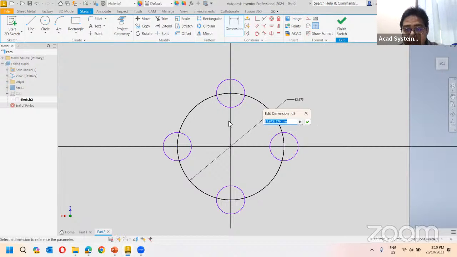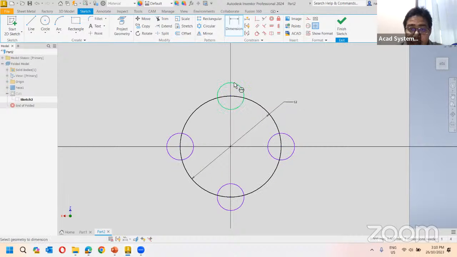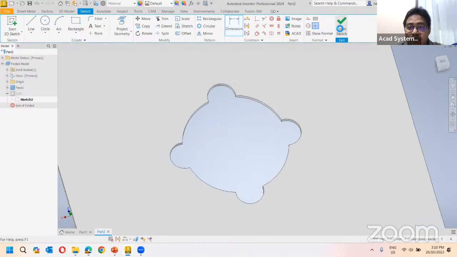This one will be, say, 12, and the parameter name will be, say, diameter 1, for example. And the second one will be D2, equal to, let's say, around 4. So once I finish,